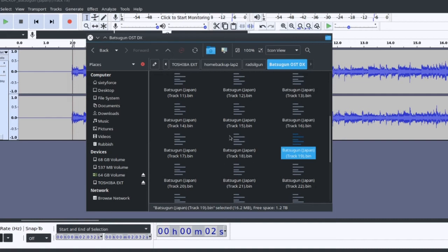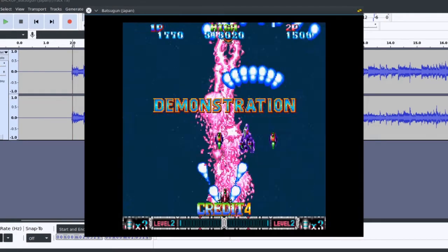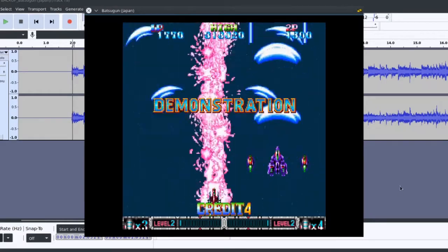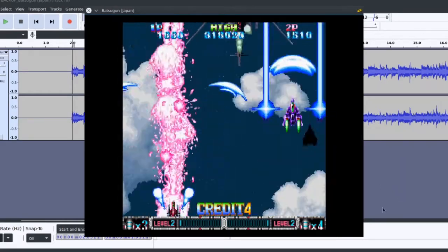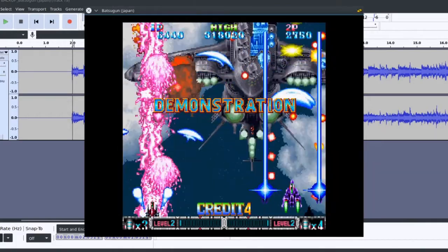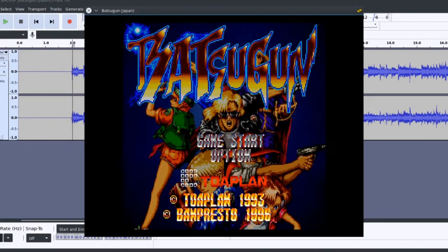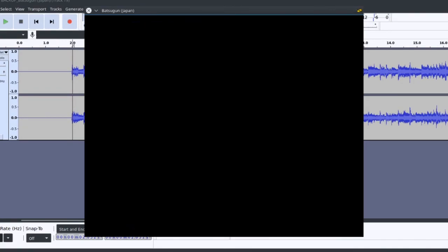So again, these are all just CD audio tracks. So in theory, my replaced track of the enhanced level 1 song should work. And given the way the emulator works, I'm using Mednafen here, it should all just work. So let's test out that hypothesis, shall we? Oh, well, I mean, I've already tested it, but